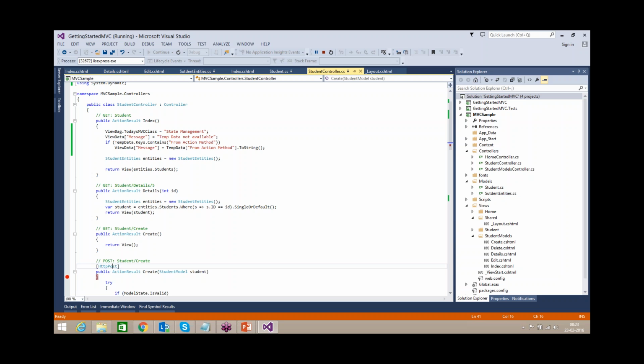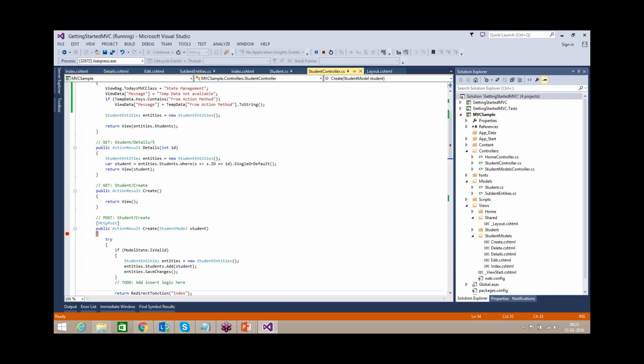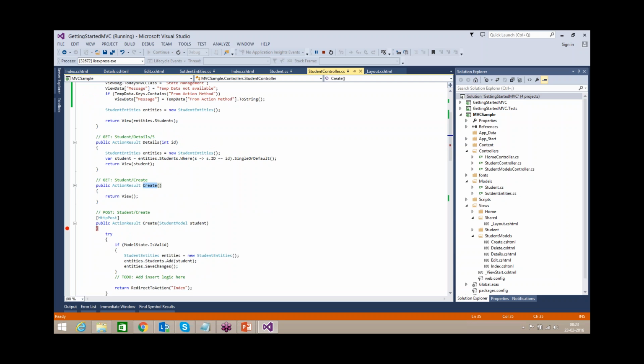If you put something like this, it supports the post method. So whatever method you put, that respective method will be taken care of. If you see, we have a create with HTTP post and a create method with get. So why these two variants? One is to render your view. The first time when you request your view, it will load the entire view with the default values on that page.